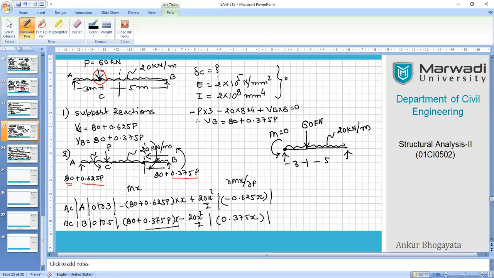And please, now you just take care that you have applied a fictitious moment, not a unit moment. When you say unit moment, it becomes M equals 1, so don't make that mistake. So you have applied a fictitious moment at point A. Now you have point B here and you have point C.